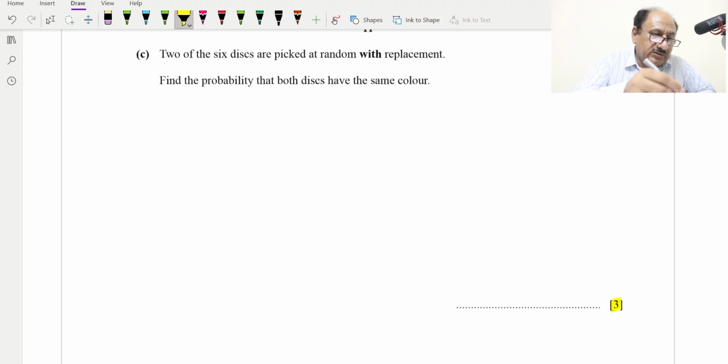So next, C part. Two of the six discs are picked at random and without replacement. Find the probability that both discs have the same color. Both discs have the same color. So same color can be